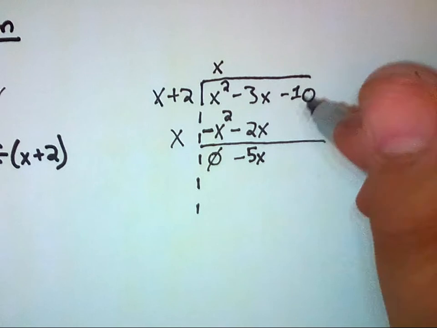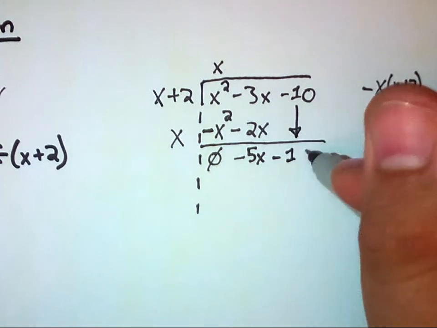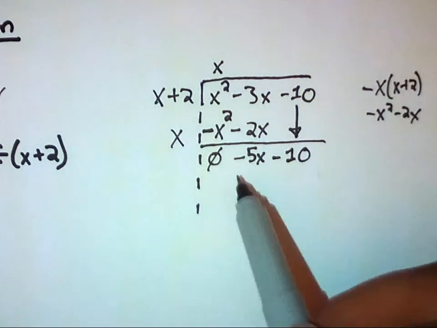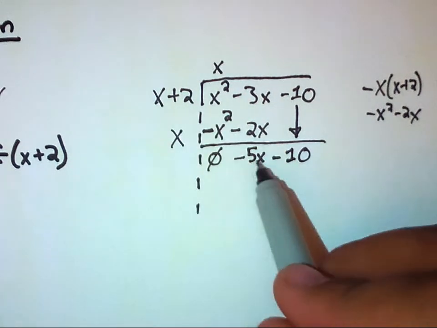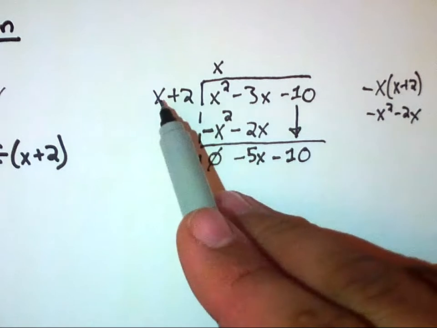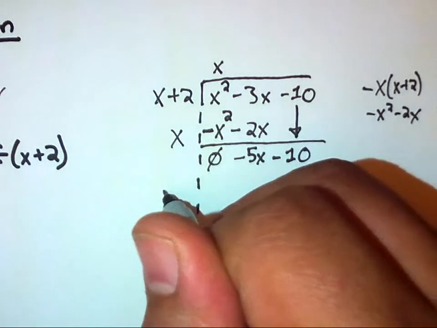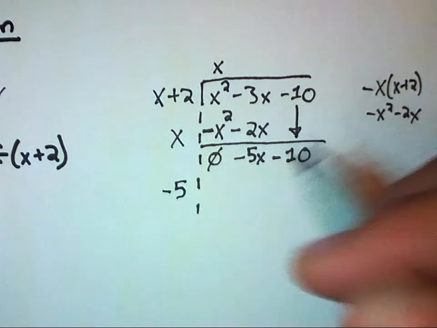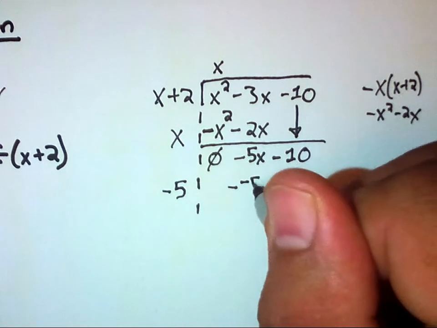Cool. Now, what we do here at this negative 10 is we bring it down, kind of like what you usually did in regular long division, where you brought down the numbers to the next or a 0. So now we need to figure out, what do we multiply x by so that it looks like negative 5x? Well, x already looks like x, but the 1 in front doesn't look like negative 5. So what we're actually going to multiply by is negative 5. So this is really going to become minus negative 5x